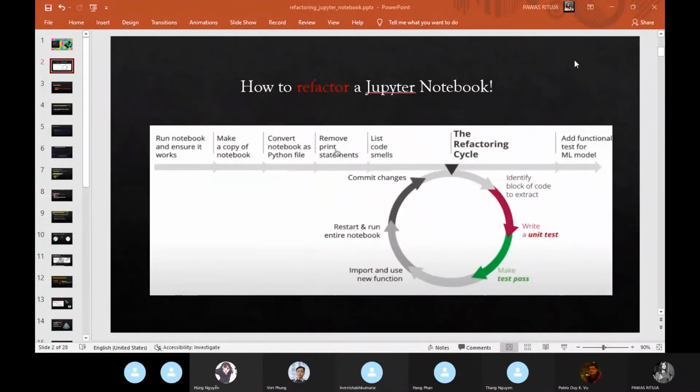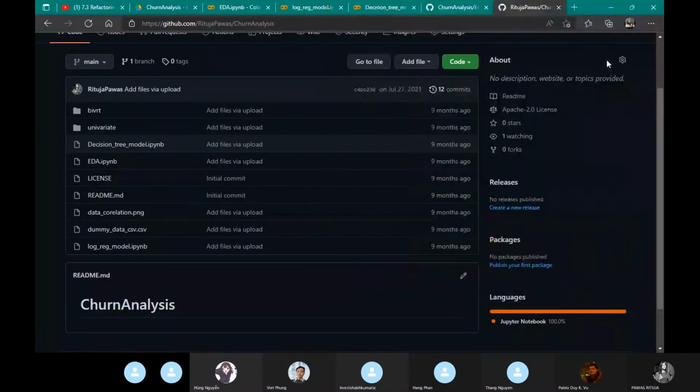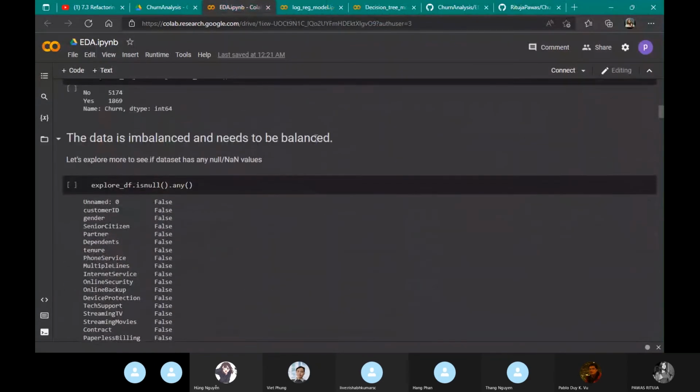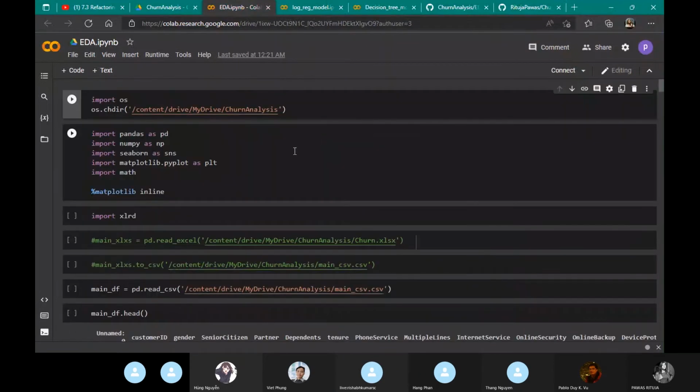So I'll start with the whole refactoring cycle of a Jupyter notebook. Before that, I'll show you one of my Jupyter notebooks. It's simply a data analysis, an exploratory data analysis. And you can see I have simply used it on my drive. It's not